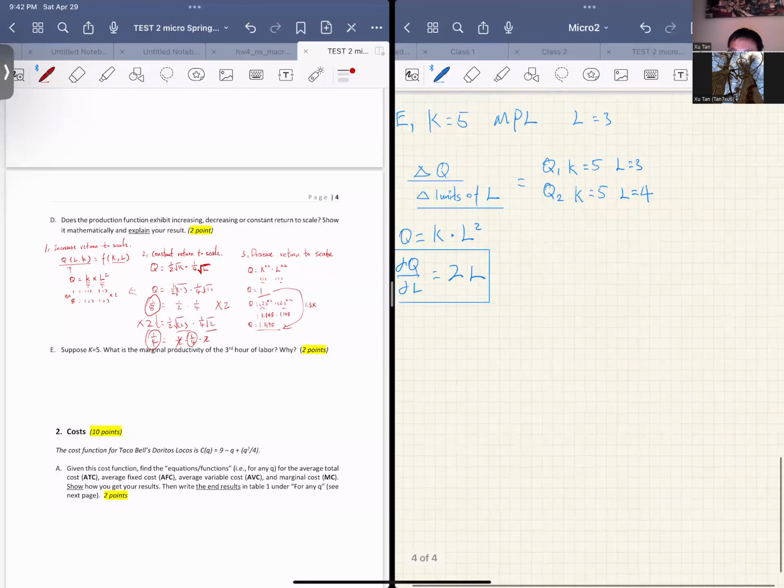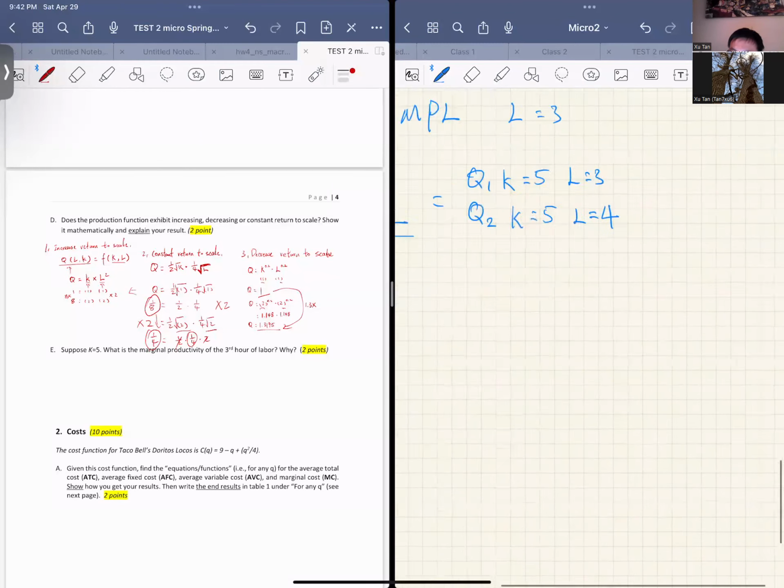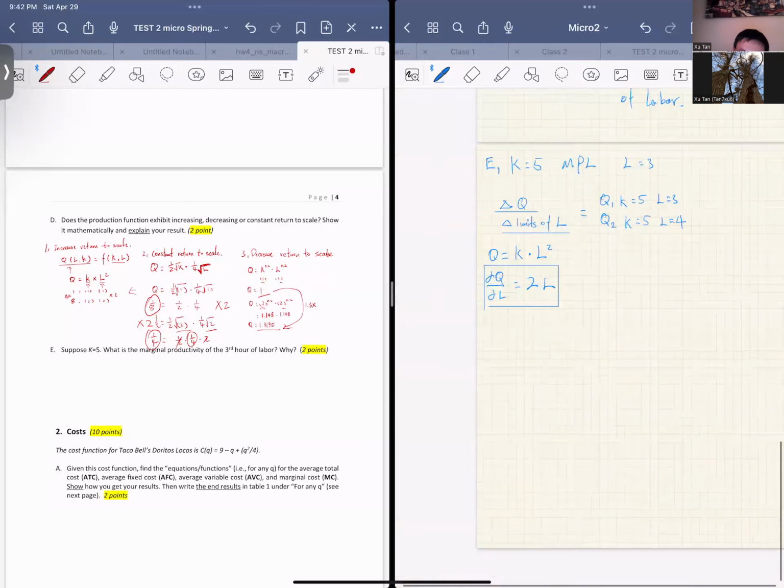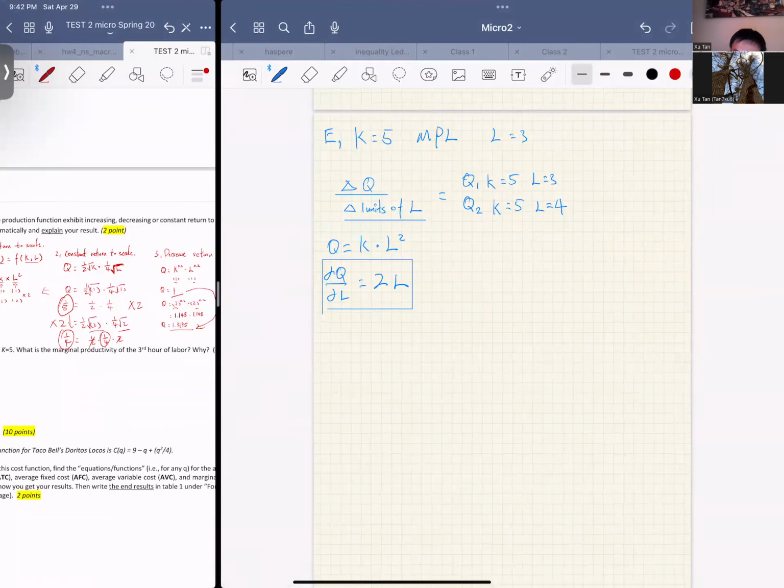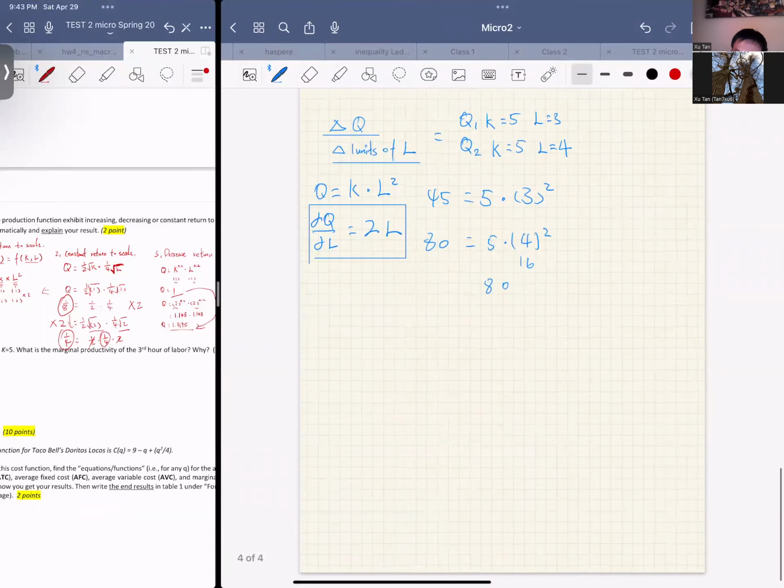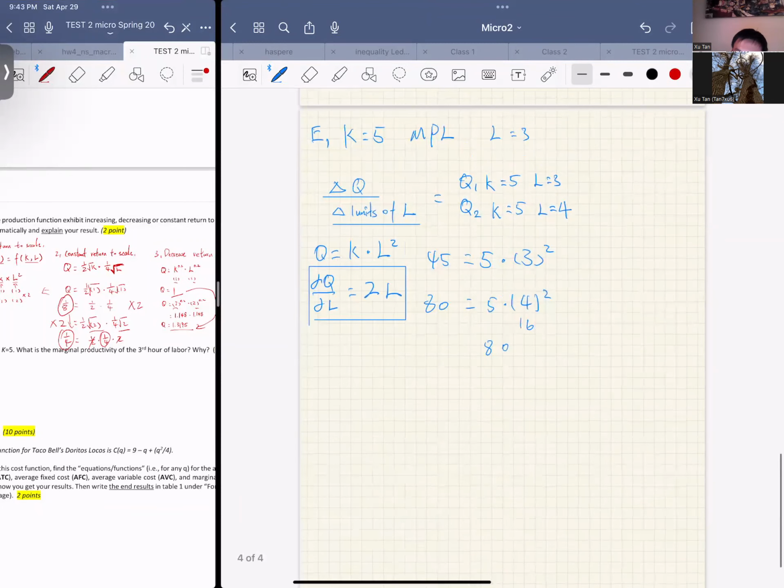Okay? So in this case, just draw this out. We'll have 3, 9, 45. 16 times 5, 80. Okay. So our MPL equals to